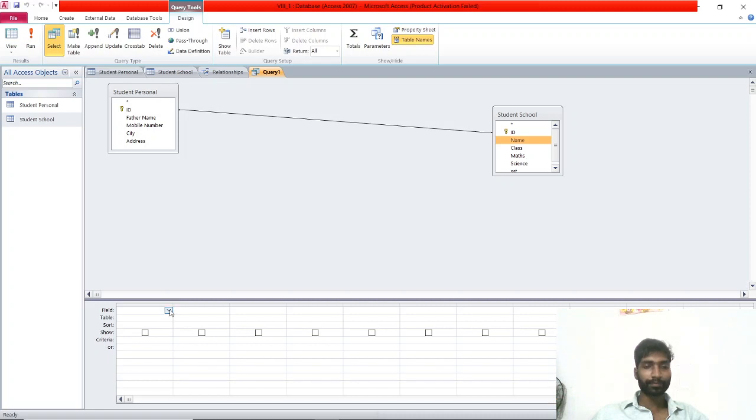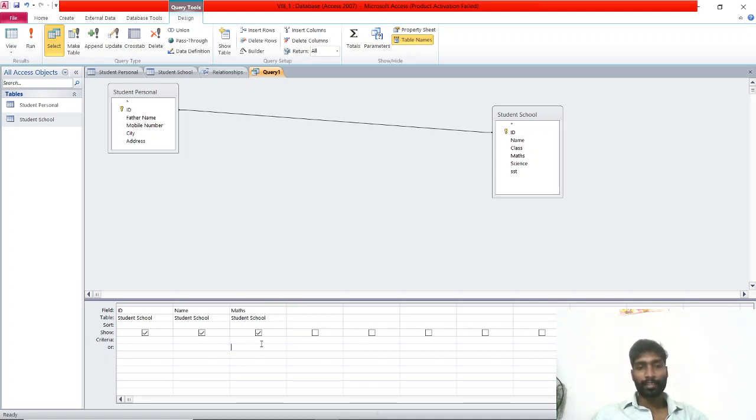Now see here, select field. Before that, we have to select the table. Now I am going to select student school information. So in student school, how many fields are there? All these fields are available, correct? After selecting student school, we can get all these fields. So now I want student ID. In the same way, I want student name, student school, and I want mathematics.